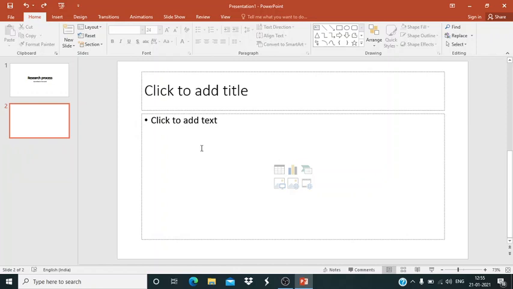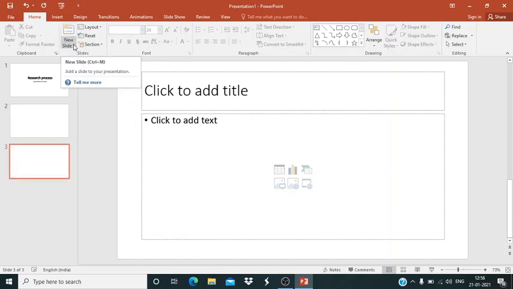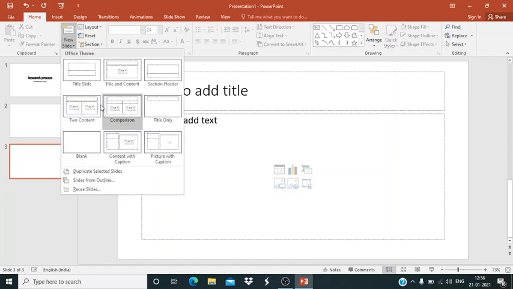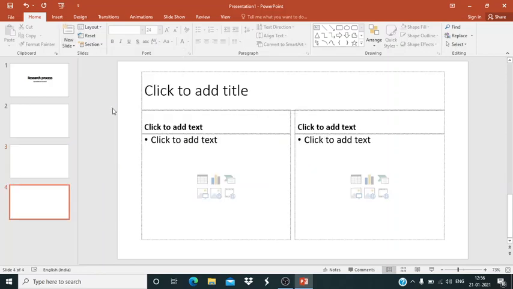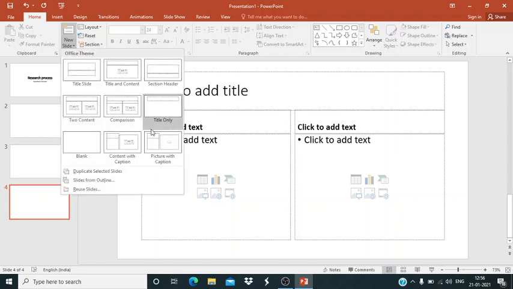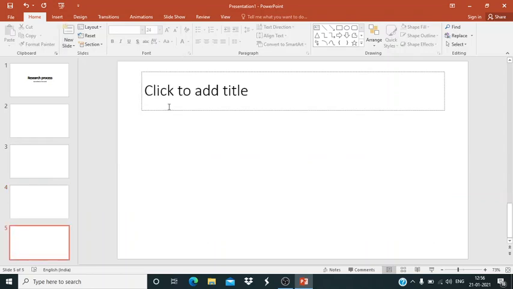So next what I would like to tell is regarding the new slide. You have a launch button here too. So I want you to look here. When I click the new slide, automatically only this pattern will come. But if I want, I can just click on this launch button and you find that so many options are there. If needed, you can even have this comparison option. See, automatically the slide changes into a comparison option. If needed, I can change it into so many others, like only title. If you want only the title to be displayed in a slide, you can just click and here it is.